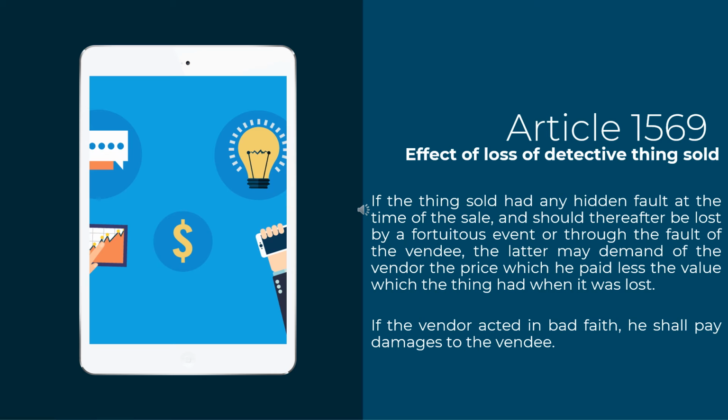Example: Mr. S sold to B a vessel for 5 million pesos. Now, the defects in the construction of the vessel were hidden and concealed and were unknown to the vendor, and an official inspection was made. To make this vessel seaworthy, an investment of 500,000 pesos for repairs was necessary. If through the fault of the vendee, the vessel was burned, the vendor is nevertheless bound to return the purchase price, the actual amount paid by the vendee, which is 5 million pesos.